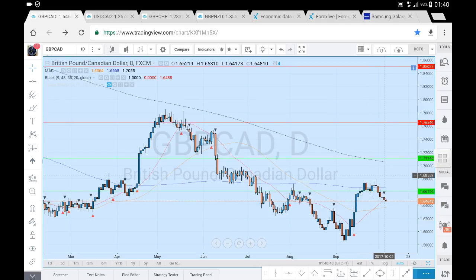I've currently got a trade based on the shorter term time frames on the pound Canadian dollar. This was a long, actually an end of day trade. The long side, so I would have exited at this signal, having given up so much profit. I got in here, with this red triangle, at the close of that candle, at 62.93, and we're currently trading at 64.64. So it's not a huge amount of profit because we have given up quite a bit, but it's a pretty